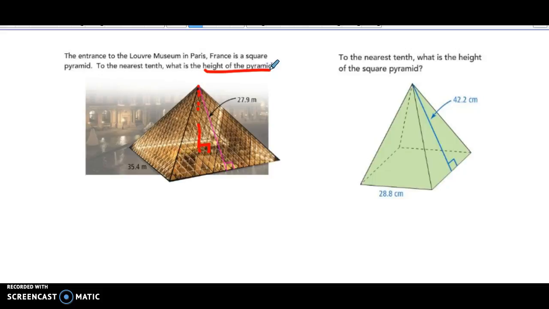Just like when you go to the doctor and you get measured, they measure your height, they have you stand perfectly straight up and down to get an accurate measurement of your height. In the same way, the height of any object has to be perpendicular to the ground, forming that right angle. So the next thing I need to do, so that I know what values to substitute into my formula here, is I need to identify my A, B, and C values because I'm going to use the Pythagorean theorem, a squared plus b squared equals c squared, to help me solve